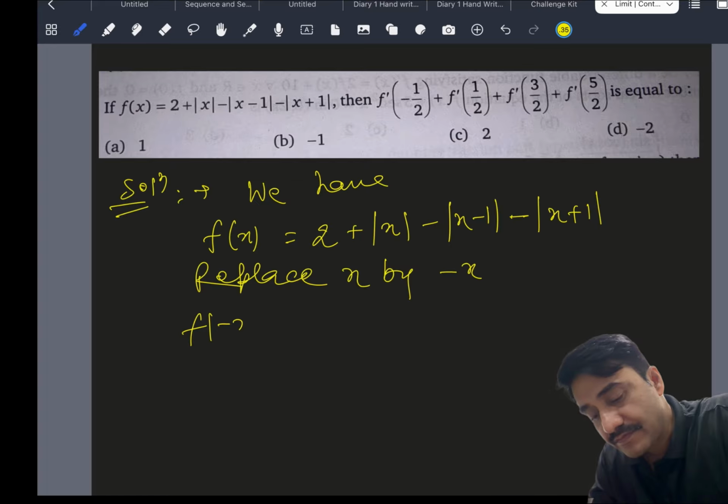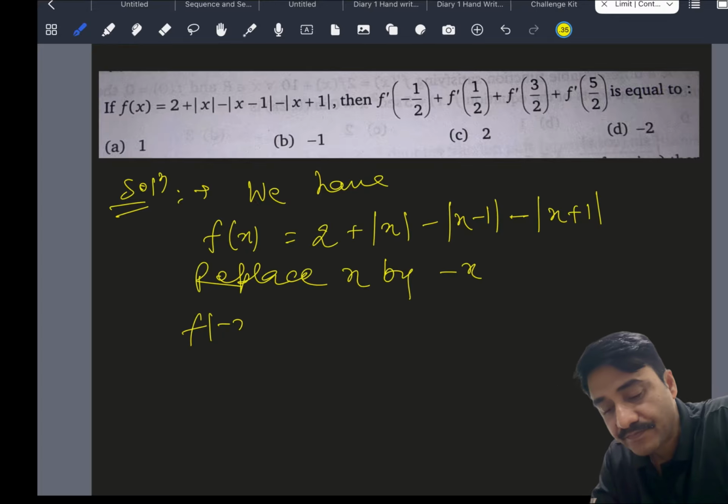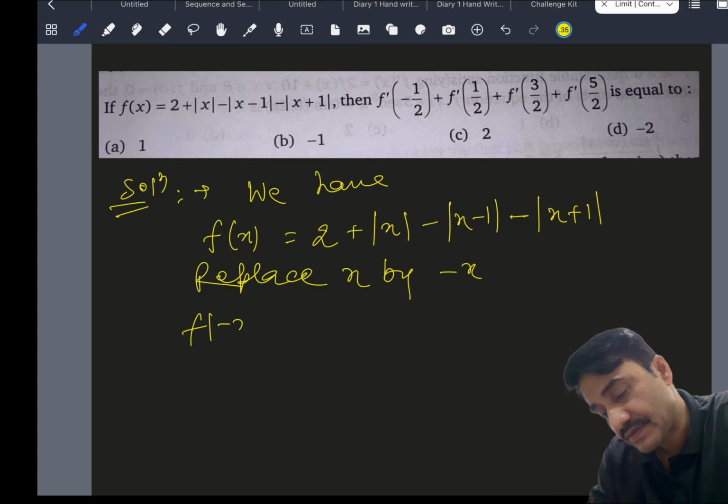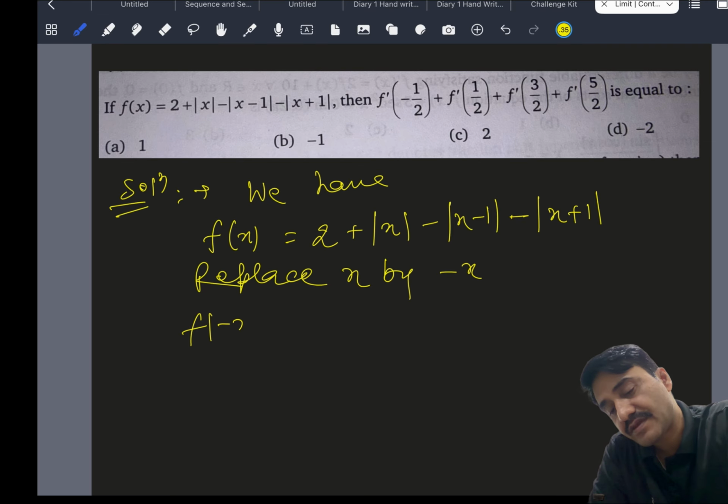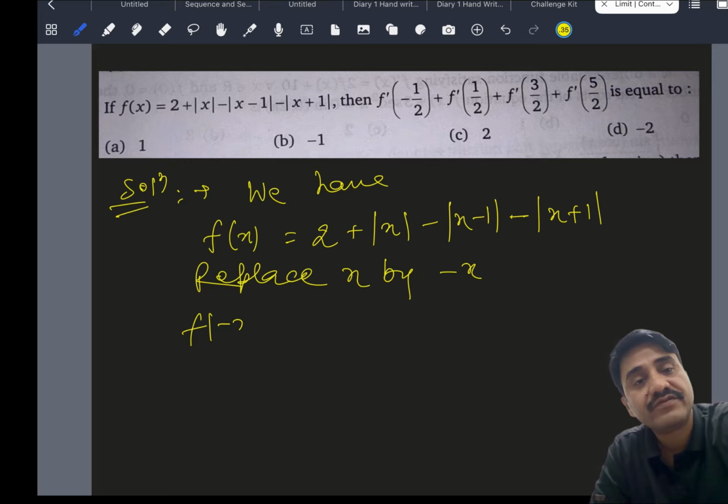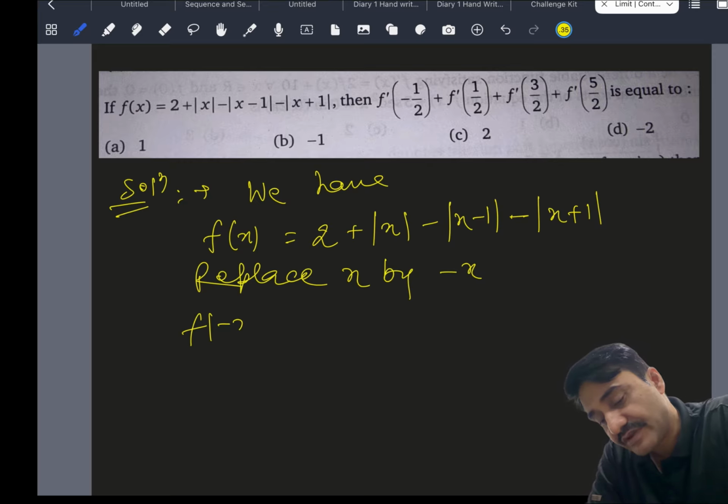We have f(x) is equal to 2 plus mod x plus mod x minus 1 minus mod x plus 1. अब हम इसके ऑड और इवन फंक्शन का नेचर चेक करते हैं कि कौन सा फंक्शन है. तो रिप्लेस x